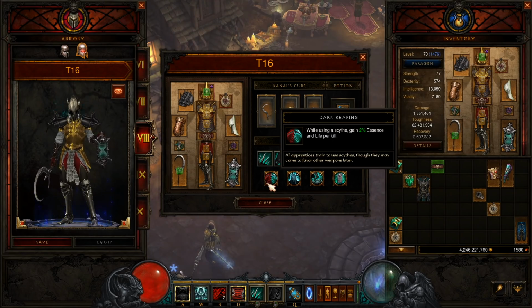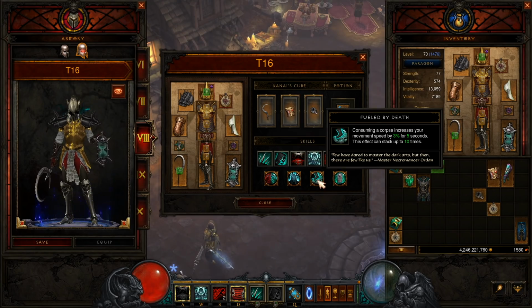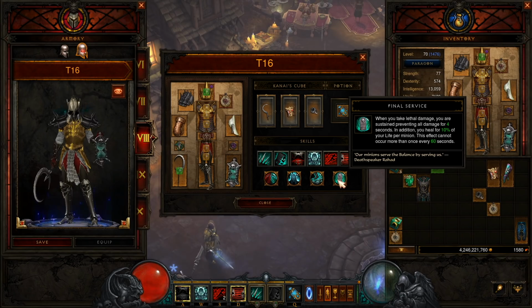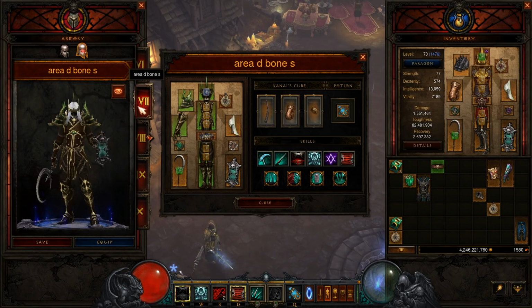Passive wise, we're going to take Dark Reaping for 2% essence and life per kill. We only really care about the essence. Overwhelming Essence to boost up to 660. Fueled by Death, more move speed, another 30%. And then Final Service, just in case you get really lousy RNG at the start of the map, something goes wrong, you're not going to be dying, so that's absolutely fine. So that's kind of how the maximum gold find, really quick key farm works, and we will show it in